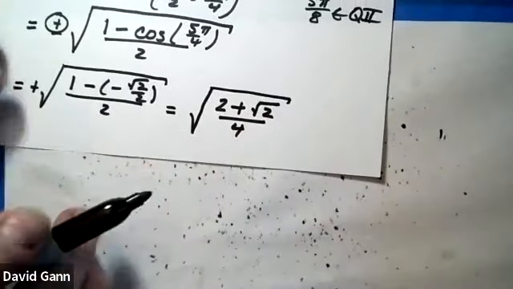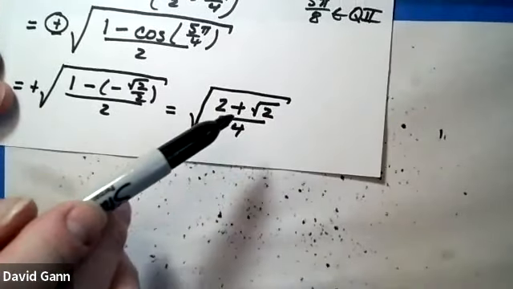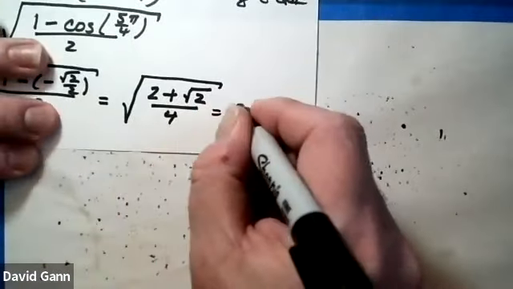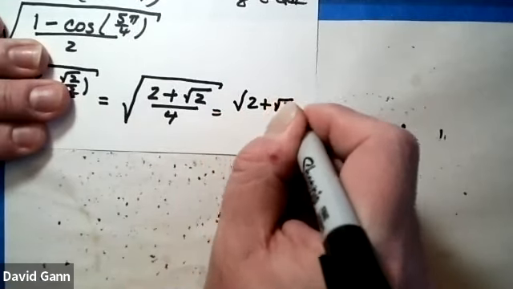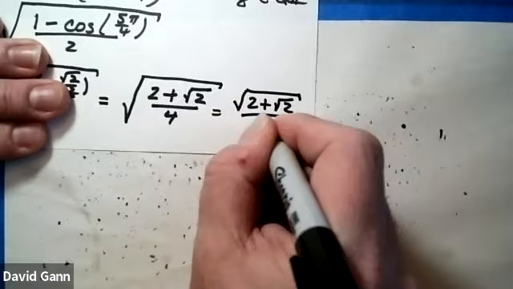Since this doesn't have any functions, we're pretty much obliged to simplify this as much as we can. And we end up with the square root of 2 plus root 2 all over 2,